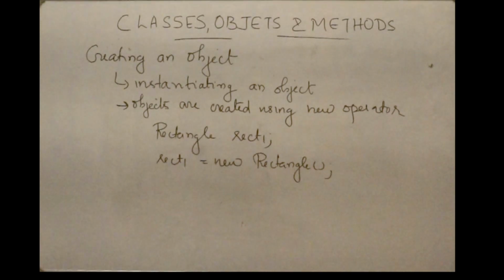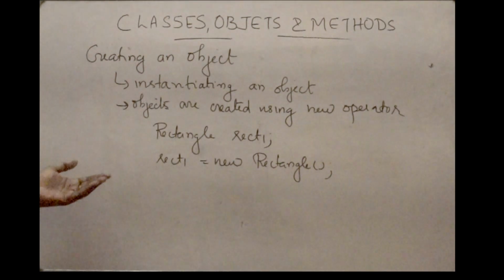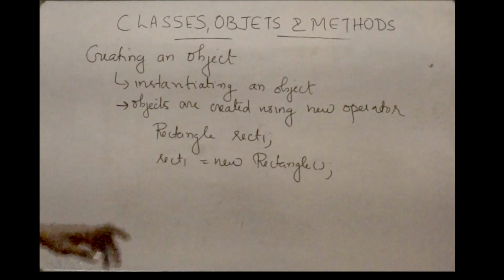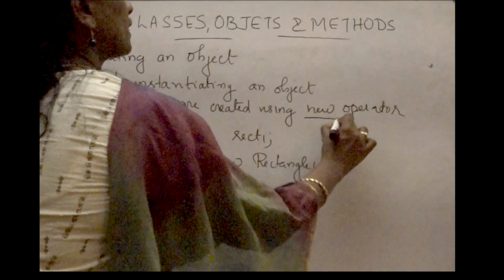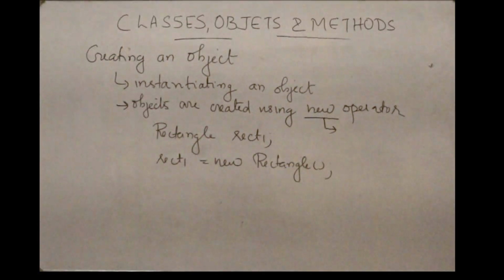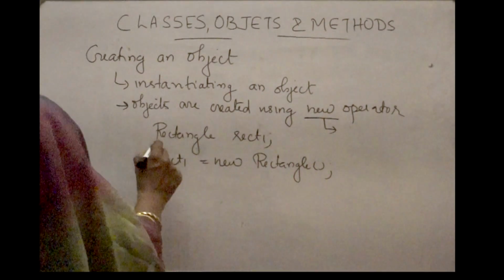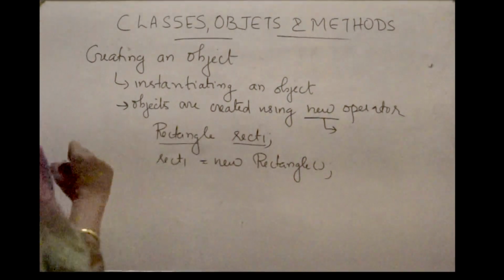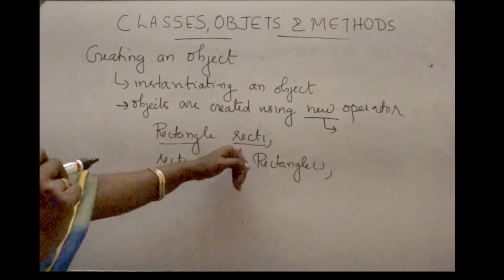So creating an object is called instantiating an object in Java. That is, we are creating an instance of an object. So objects are created in Java using new operator. Okay, അപ്പോൾ ഇവിടെ നമ്മൾ ന്യൂ ഓപ്പറേറ്റർ ഡൈനാമിക് മെമ്മറി അലോക്കേഷൻ എന്നൊരു കൺസെപ്റ്റ് C++ൽ ഇംപ്ലിമെന്റ് ചെയ്തപ്പോൾ ന്യൂ യൂസ് ചെയ്തിരുന്നു. ജാവയില് ഇപ്പൊ ഇഫ് യു ആർ റൈറ്റിംഗ് റെക്ടാംഗിൾ rect1, where rectangle is the class name and rect1 is the object name,